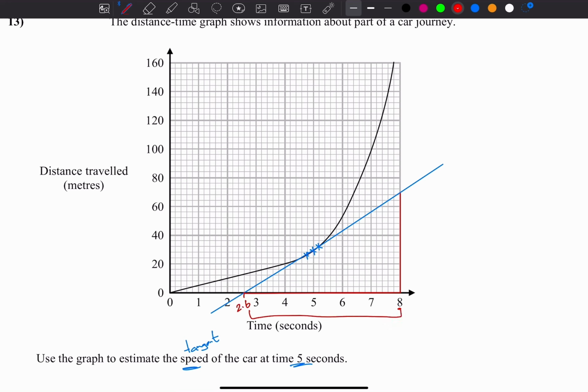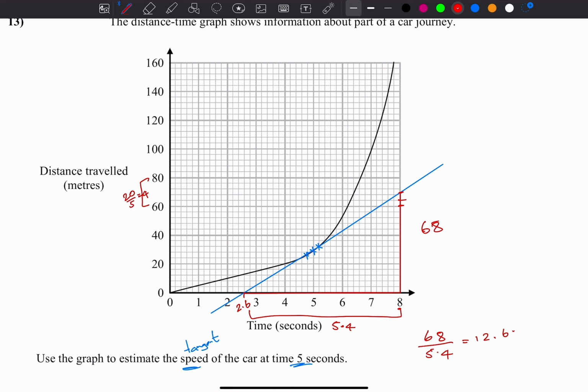2.6 to 8, how much is that? That's going to be 5.4 if you take it out. And it starts at 0 and then you go 60, and I think it goes up in 4s, because there are 20 in the gap and there are 5 boxes, divided by 5. That makes it 4. So 60, 64, 68. Let's just call it 68, it's fine. So what's the speed then? 68 divided by 5.4. It's 12.6